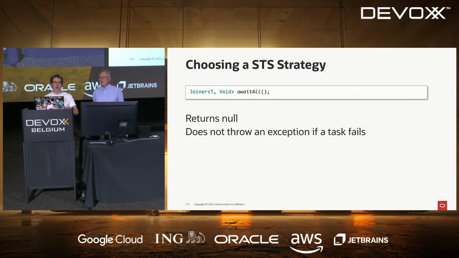And we have awaitAll. Here you are on your own, which is basically: even if one task fails or if one task succeeds, the task scope will do nothing. So if you are using awaitAll, after the join, you will have to analyze all the subtasks to know what to do. It's just something that will run everything until they all complete.